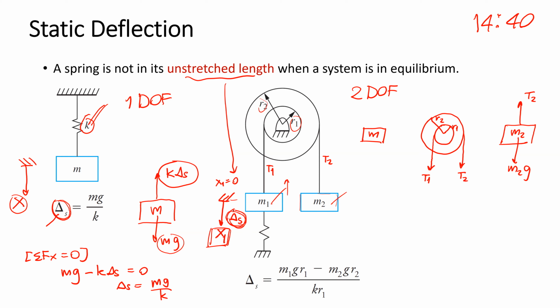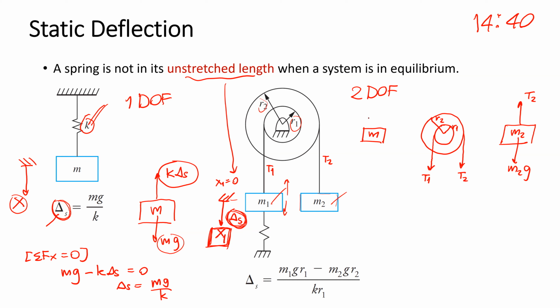But if we compute and find a positive value of delta s, it corresponds to the positive direction of x, or the downward direction. And to define the positive direction of x1 to be downward or upward, it's not that important, but the important thing is